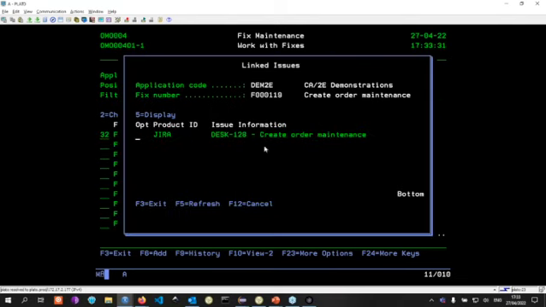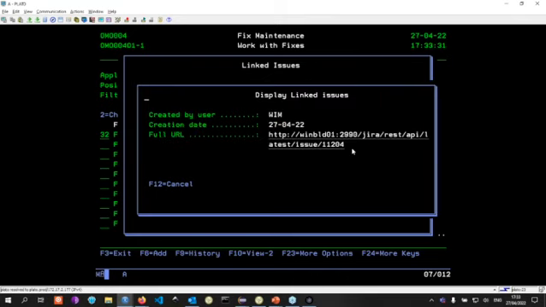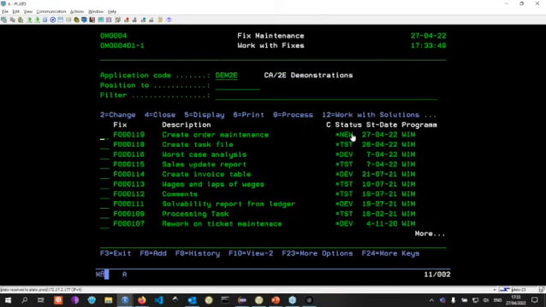I can also see it has been linked to a Jira item, and from here I can also click and go directly to that Jira, right? So connecting the green screen of the legacy development to the complete development process. Okay, create order maintenance. It has been assigned to me.